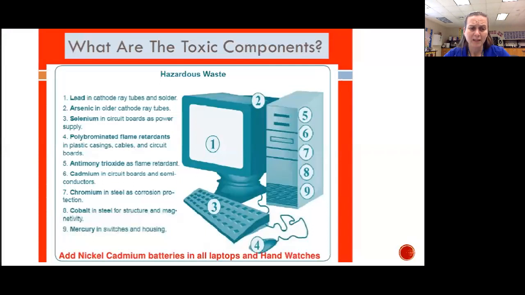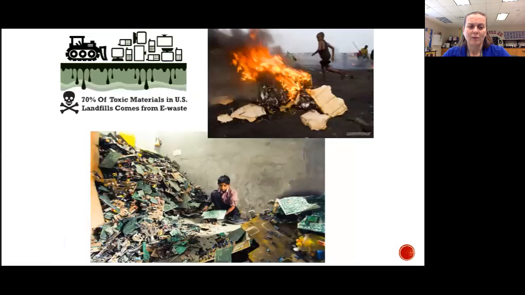Because it contains things like lead, arsenic, selenium, flame retardants that are persistent organic pollutants, antimony trioxide, also a persistent pollutant, although not an organic pollutant. Cadmium, chromium, cobalt, mercury, all of these heavy metals that when they leach out become the toxic materials in the